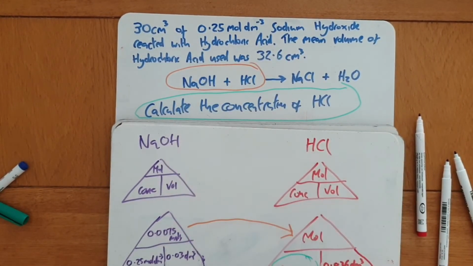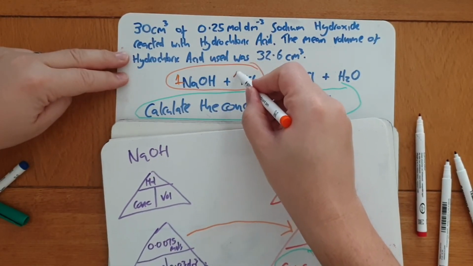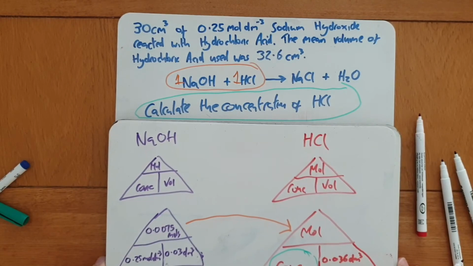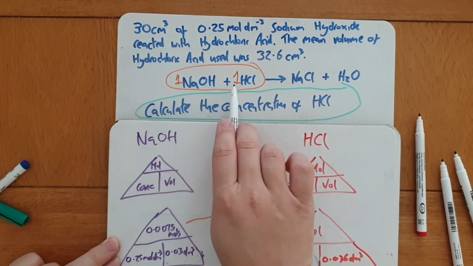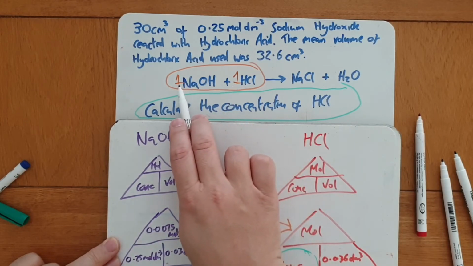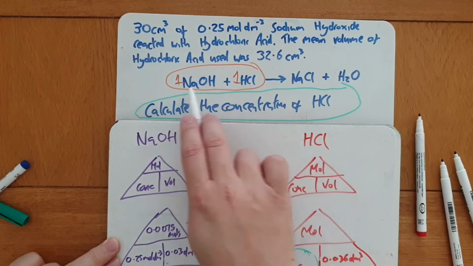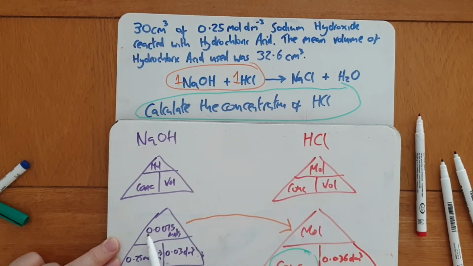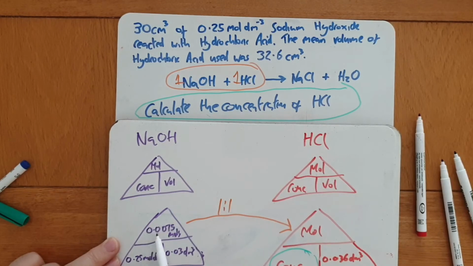There's no big number in front of the NaOH, which means we know it's a 1. There's no big number in front of the HCl, which means we know it's a 1. So that tells us it's a 1-to-1 ratio. So 1 mole of that reacts with 1 mole of that. Or 50 moles of that reacts with 50 moles of that. Or 3 moles of that, 3 moles of that. It's a 1-to-1 ratio. So if there were 0.0075 moles of NaOH, then there must be